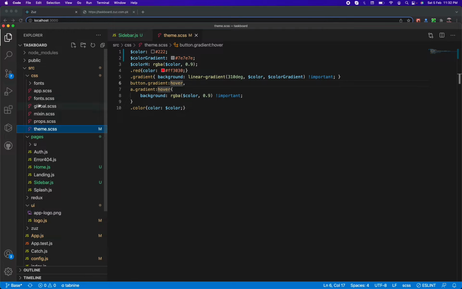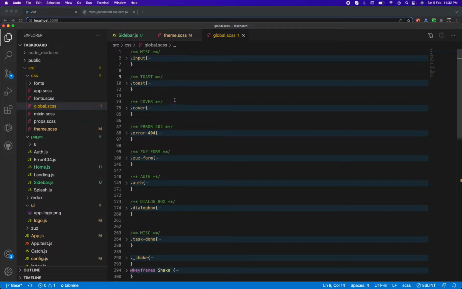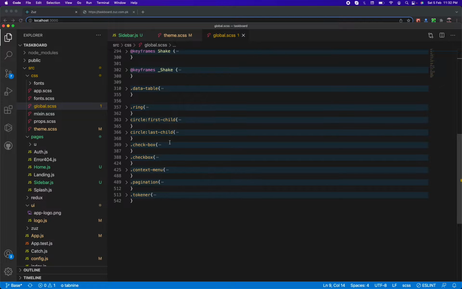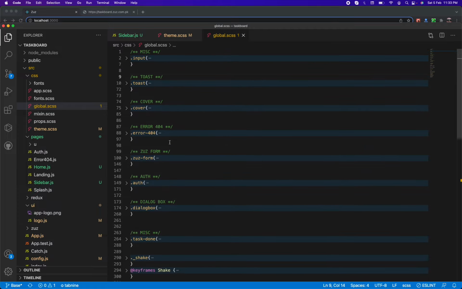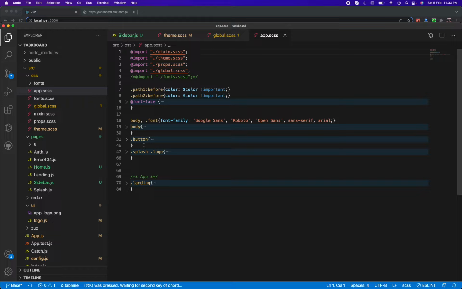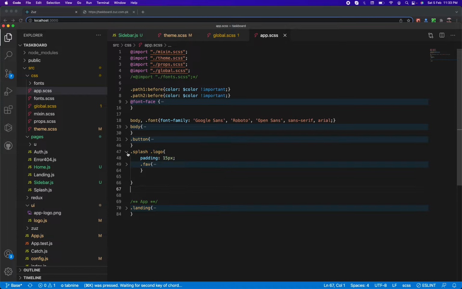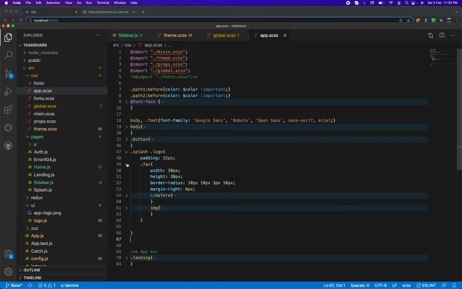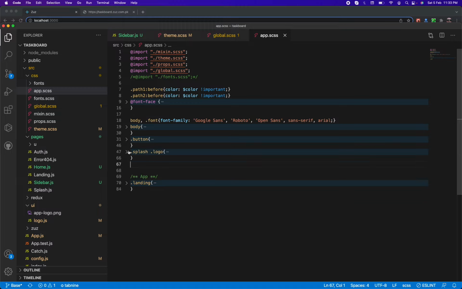Let's go inside global.scss and just quickly collapse all, and we have the logo should be right here, or maybe it is inside the splash logo, and we have fav, and where is the landing logo image? Let's remove it, and we need to go inside the